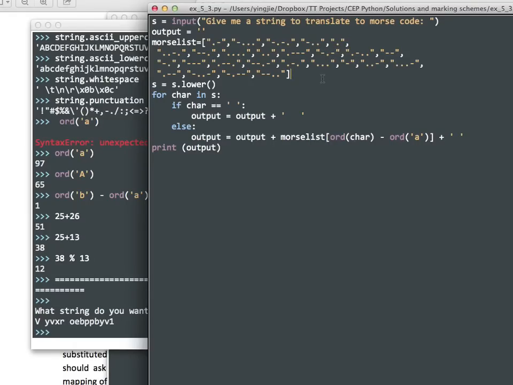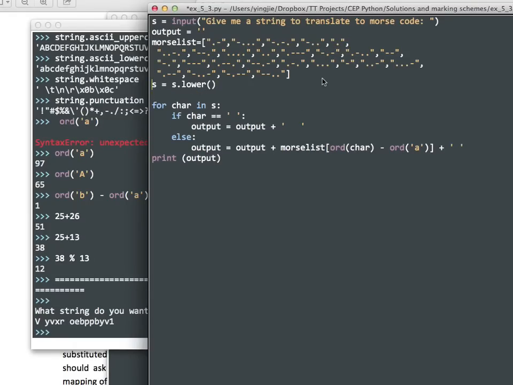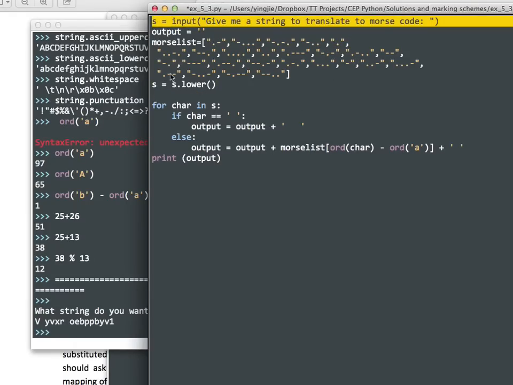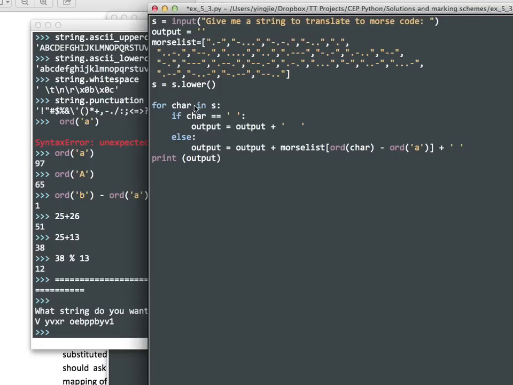So the first thing I do is convert it to lowercase. Input: give me a string to translate to Morse code. s equals s.lower(). For each character, if it equals a space, I put in 3 spaces, just because we have a lot of spaces running around. Otherwise, output equals output plus